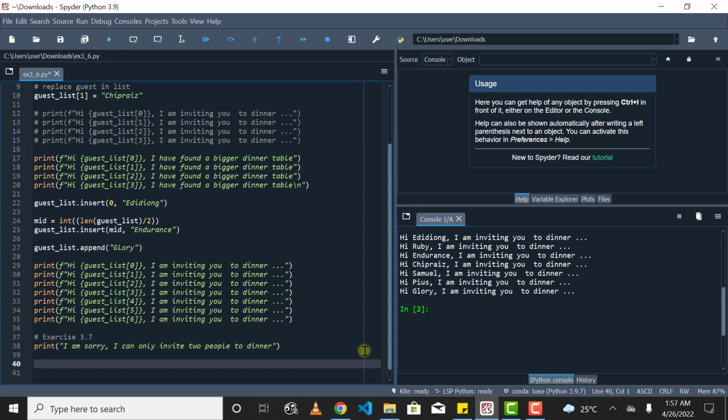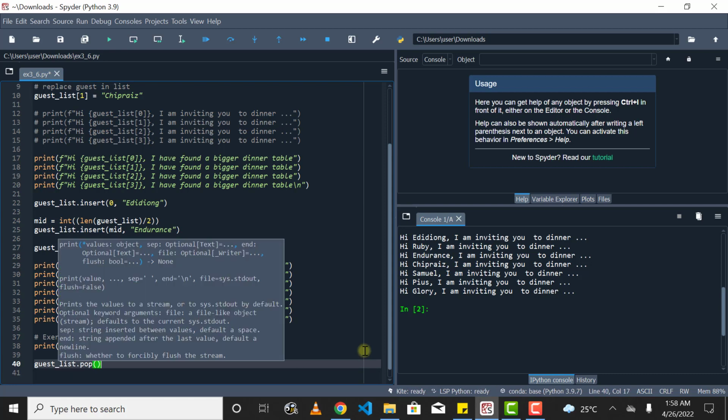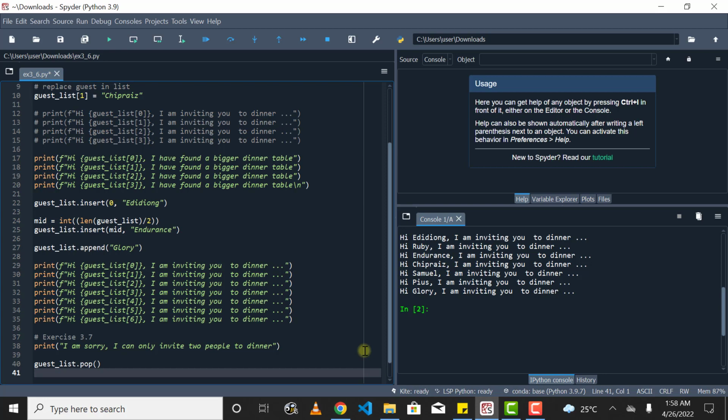First thing I'm going to do is to pop the guest list. So guest list, which is the name of my list, dot pop. This method is going to remove the last item in the list. I'm supposed to print out a message to this person, the last person in my list, and apologize. The common mistake people make is printing the message after it is popped. So if I do this,